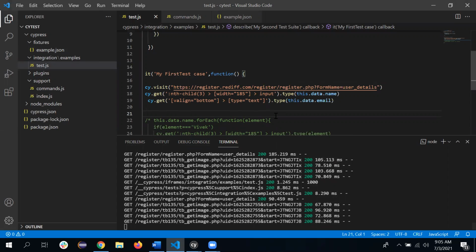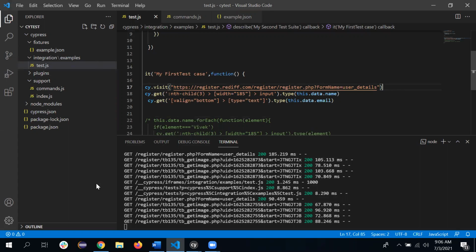So that is not the best practice, because if you are using the same line of code again and again in each and every test case, and some time later that got changed, then you have to change that particular URL in all the test cases. So instead of that, if we define a reusable function or reusable command and define that particular URL inside that, then we can use that function in all our test cases, and if it changes, we have to update it in a single place only.